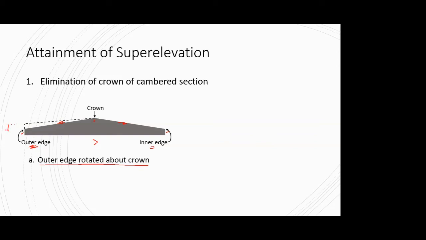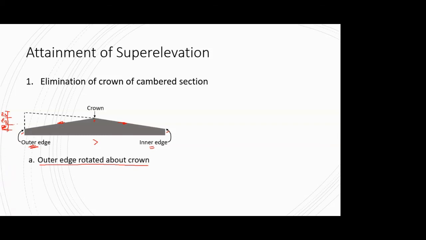Suppose I raise it by this amount, we call it E1. Then as you go ahead, you again raise the same outer edge, now by another value, E2. Then again you raise it by some value, say E3. So this E1, E2, E3, either they can be equal or they can be unequal, but from the execution purpose